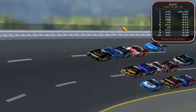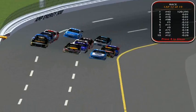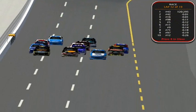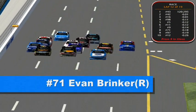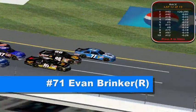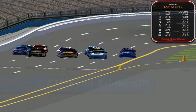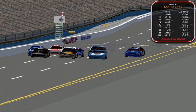Well, all these cars are running 3 wide. This is anybody's race. I can't even narrow it down who's going to win. And now the race leader is Evan Brinker, who had a real good finish back at Charlotte. He's going to try to win his first race. Wow. The only chase contenders...